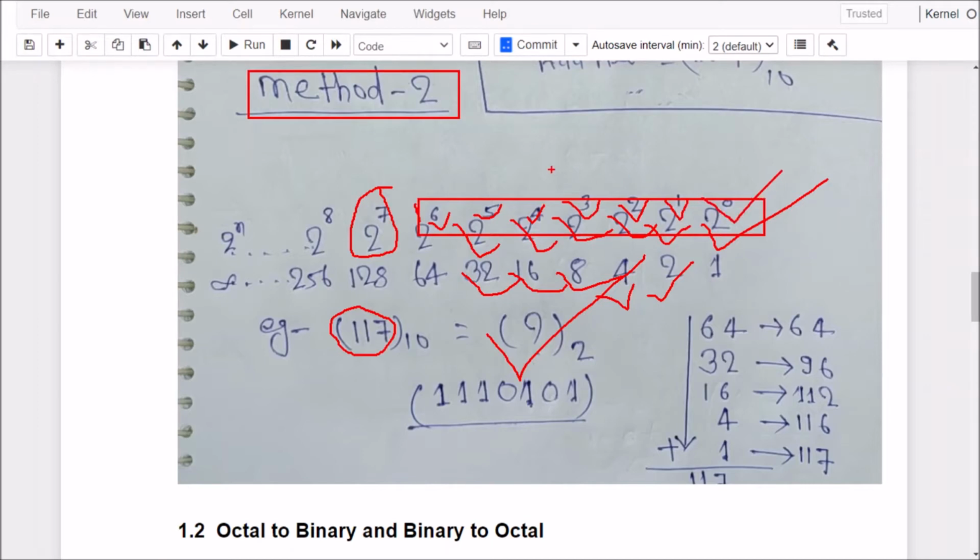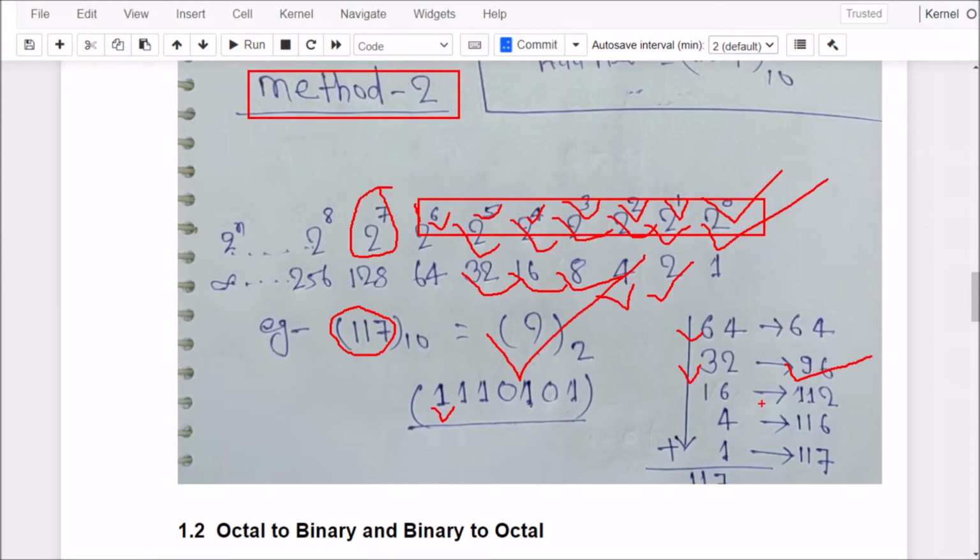So we have to use 7, and it could be like a 0, 1 in the format. Okay, so simple. We have to add values to get 117. So we can add 64, so instead of 64 we are adding, means we are putting 1 here. Then we can add 32 also, because after adding the 32 to 64 we will get 96.